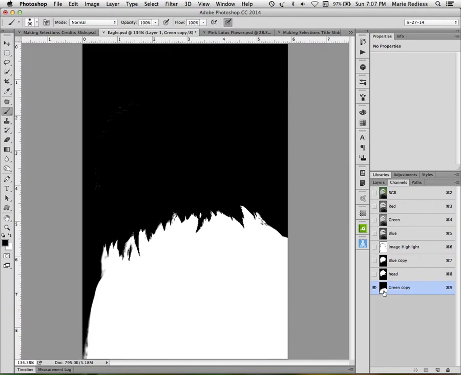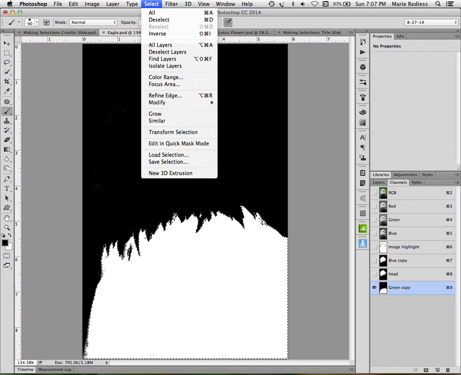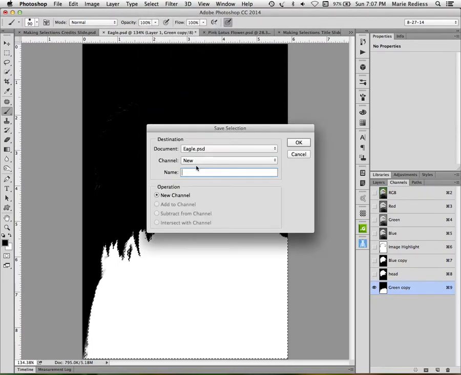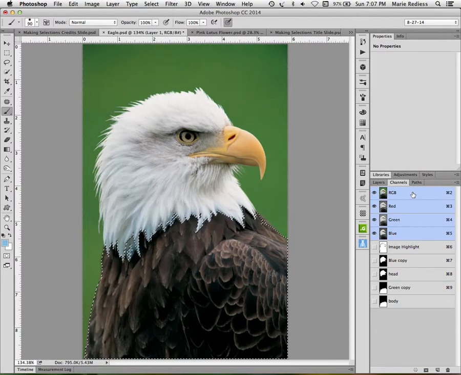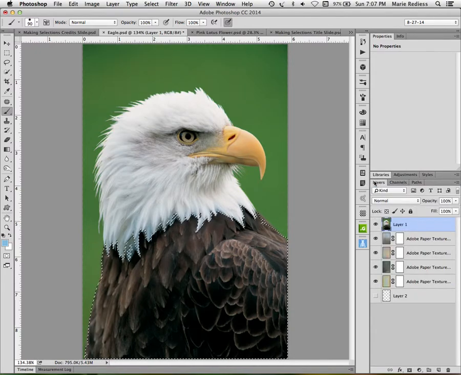And then we will select it, Control or Command I, and again we're going to save the selection and call it body, and sure enough we have another little channel show up that has the body on it. Well, I'm going to tap the RGB layer and go back to layers, but before I'm ready to do my layer mask,